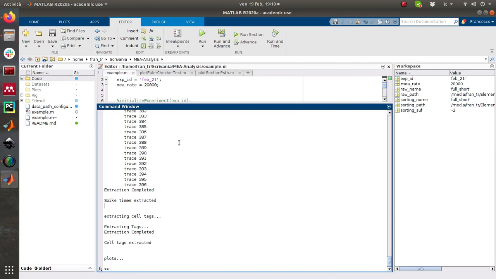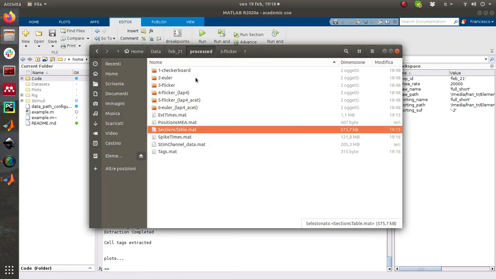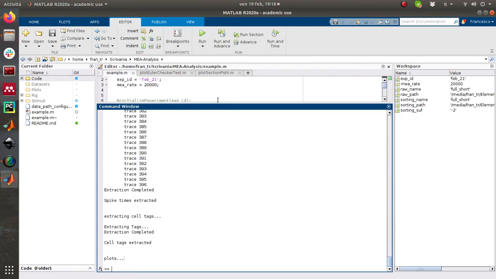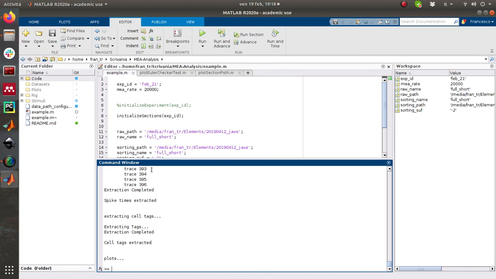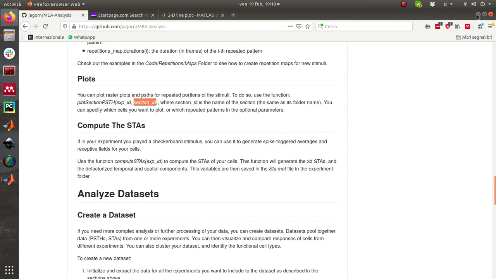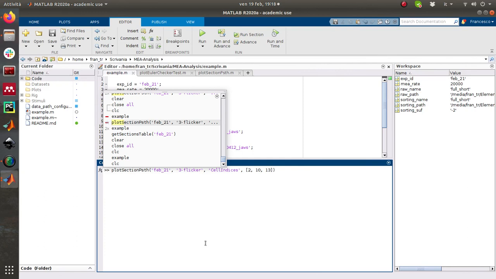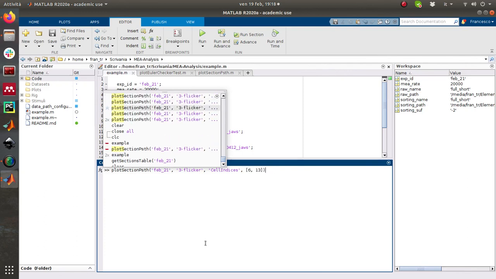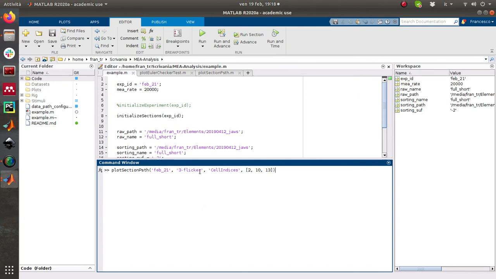Now the last thing that I want to show you: once you have all of your experiment data extracted and saved in your folder, you can also plot PSTHs. To plot PSTHs, you can use this function shown here, plot section PSTH, like this. The first argument is again the experiment. The second argument is the section for which you want to plot the PSTH. I already showed you the checkerboard flicker PSTHs. Now I'm going to check also the flicker one, and there